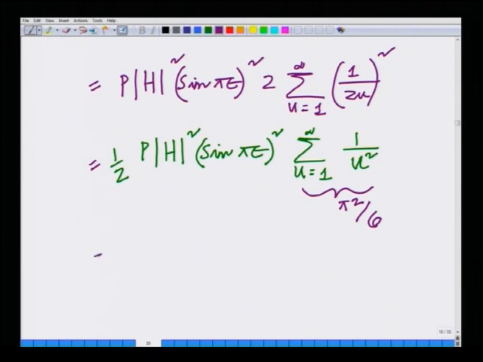Hence, this is nothing but pi square over 12 into P into magnitude h square sin square pi